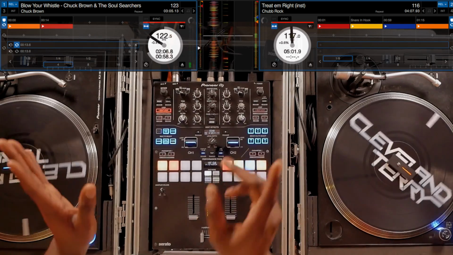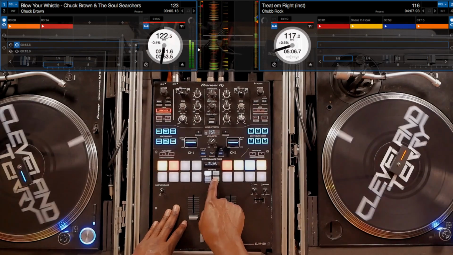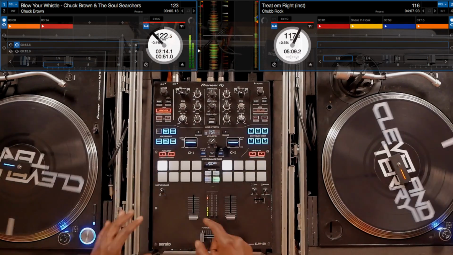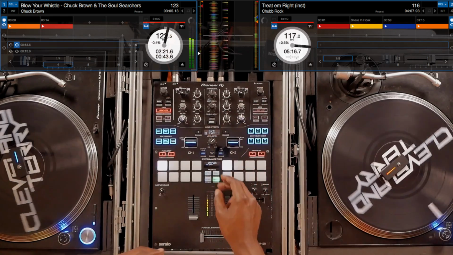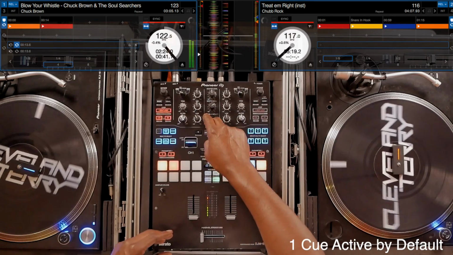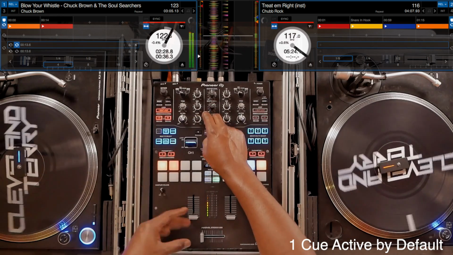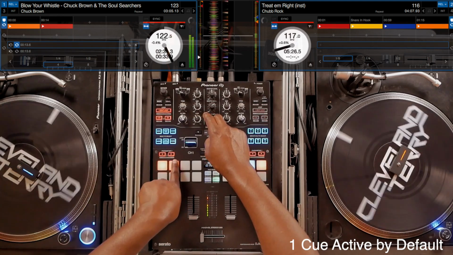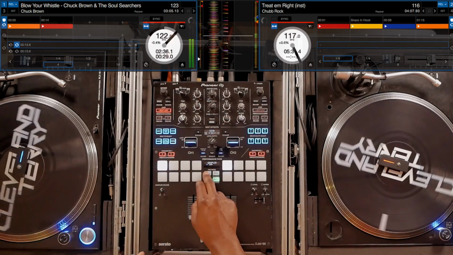So I don't have to spend too much time going in here and trying to touch things to make them where I need to go. Then I have to go into pitch play mode. Pitch play mode on the S9 is located in the sampler button, hitting it twice, and then you go into pitch play mode. Now, once I go into pitch play mode, I need to hit the shift button to activate which button is going to be my pitch cue point. So that one is the Blow Your Whistle one. I'm going to click on that just to make it active. After I do that, I can go back to my cue points.